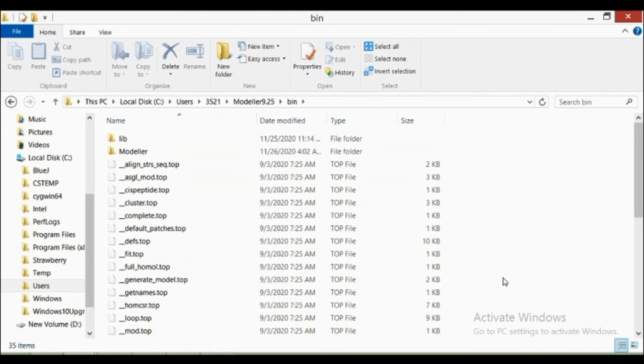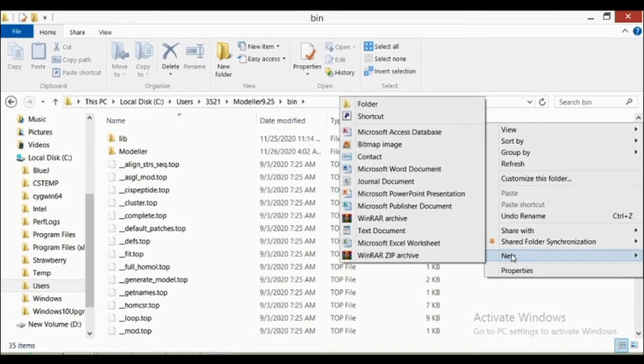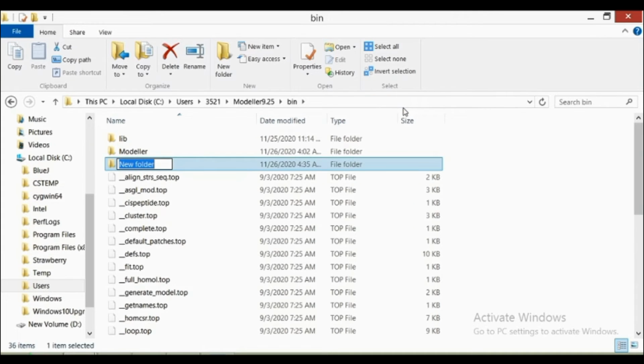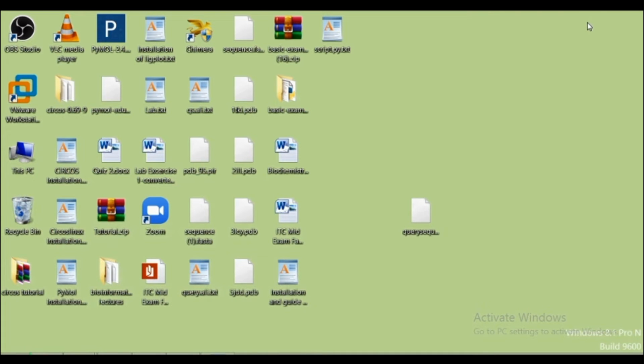On my computer it's in C, users, 3521, modeler 9.25, and then go into the folder bin. Here you make one folder where you will put all your files which we will use for the homology modeling. So now I have written modeler 1, and now I will go back to the desktop where all the files are placed. Here I will select the query sequence file